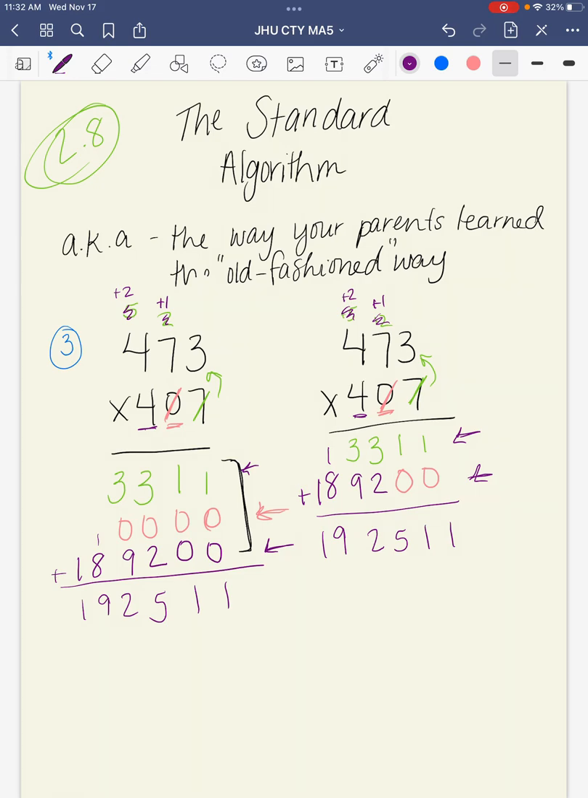192,511. Pretty big numbers. Okay, so another thing to remember with this one really quick is because we can multiply